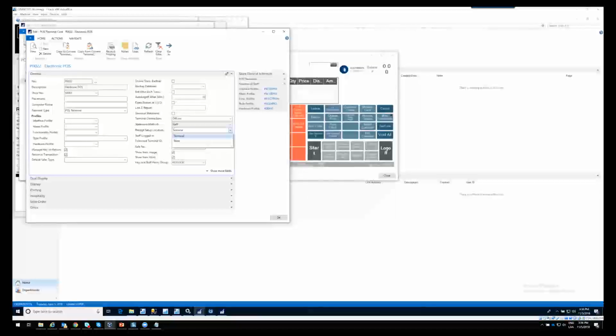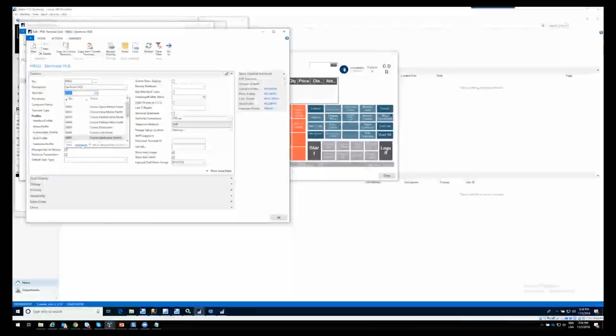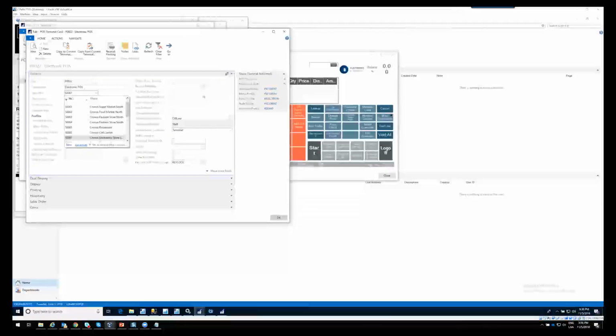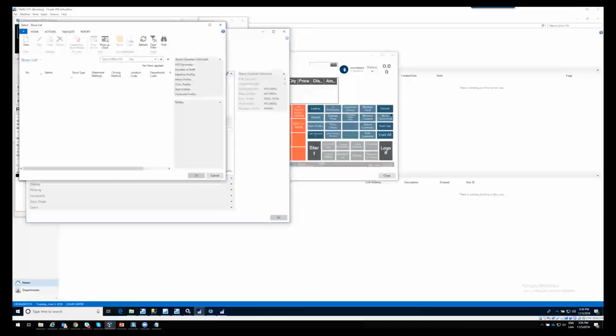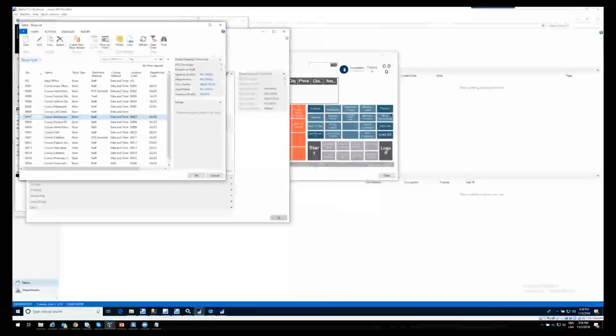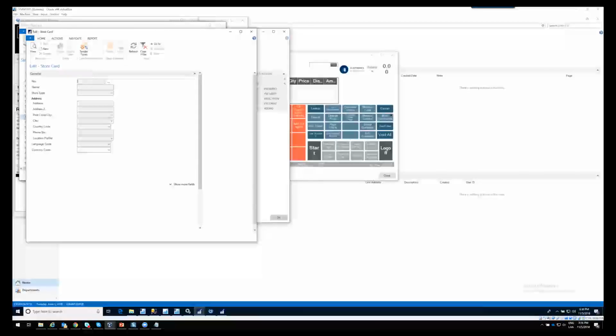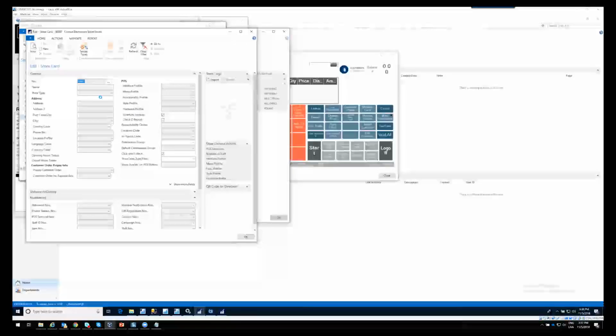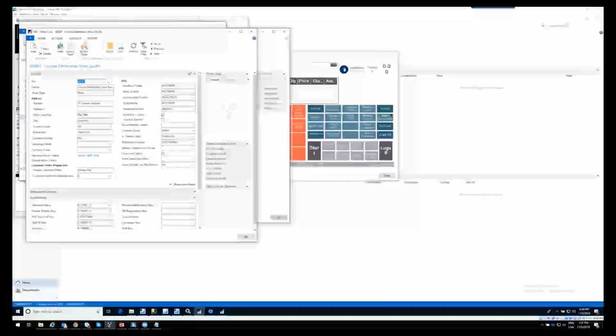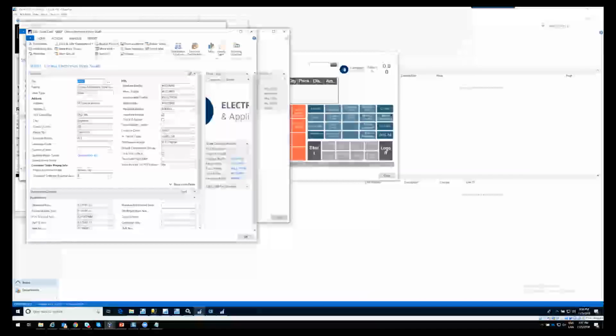If I have terminal, and I go to the store card and try to add some text to be printed on the receipt, let me just drill down on this, store 7. So this is store 7. If I go to store 7 and hit edit, just to open the store card, I am on the store card right now. So store card 7, if I go here to navigate receipt printing,